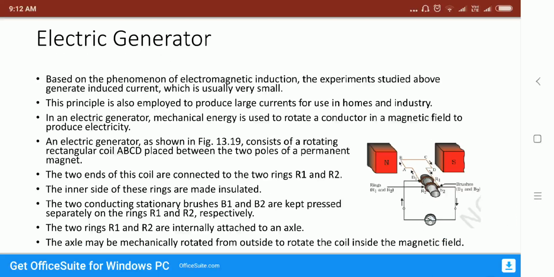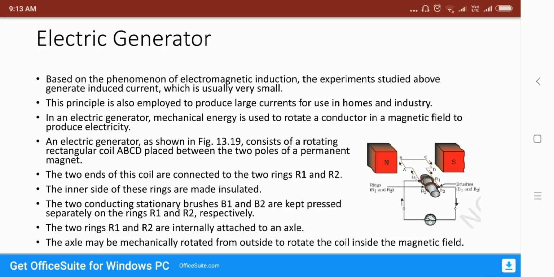Now we know that a generator is a device which gives us an electric supply. If the electricity from the transmission line is not available, we can temporarily switch on the generator and power supply can be provided through it. That we know, right? It means the output of the generator is electric current. So the input of it should be mechanical energy.